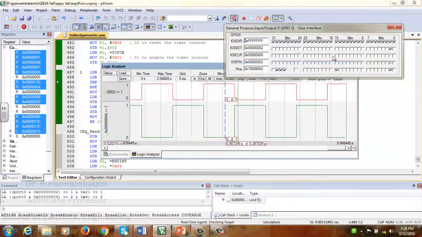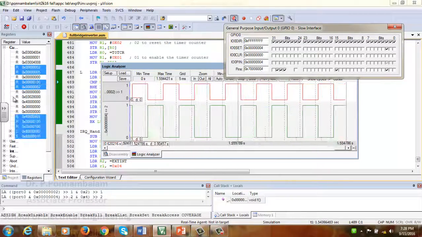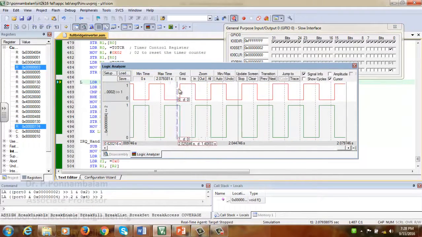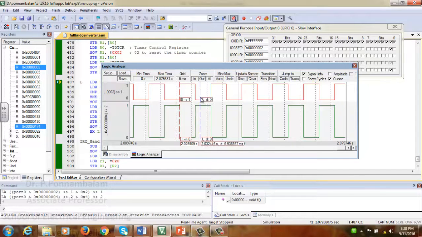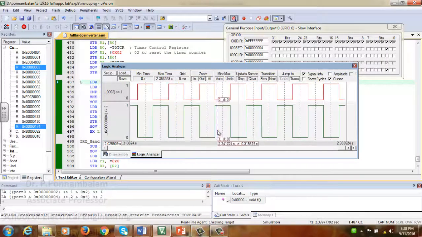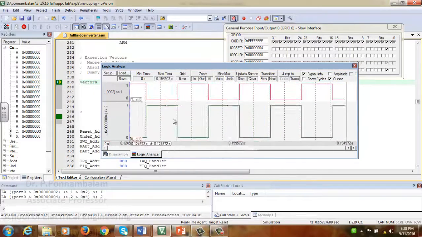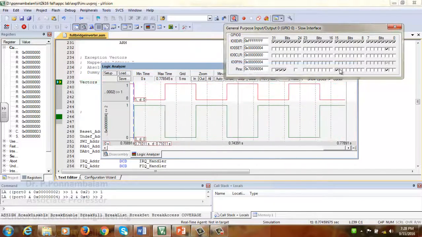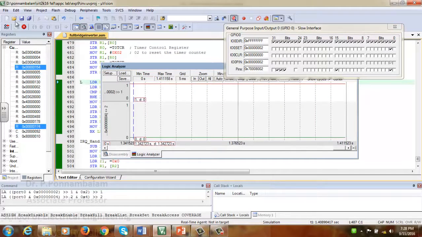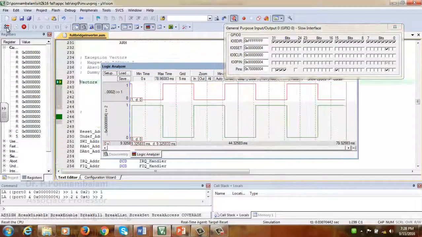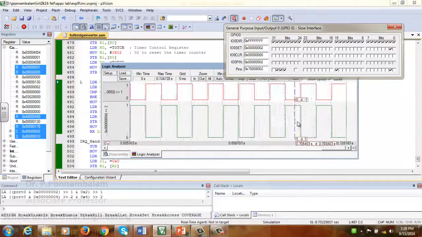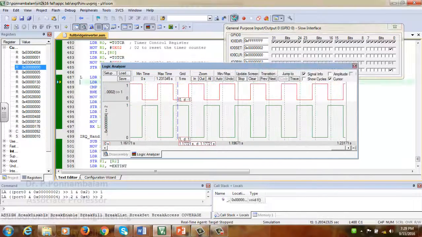Again I'll run, and the interrupt is being generated, then I'll stop it again. So you can see 5 milliseconds. From 50 hertz the frequency of the inverter has been changed to 100 hertz. Again, if you want to bring it back to 50 hertz, you can click this reset. So you can see that it is getting changed. Again, you can use it for changing to 100 hertz. So reset for 50 hertz and interrupt for 100 hertz. So this is the explanation for the program.